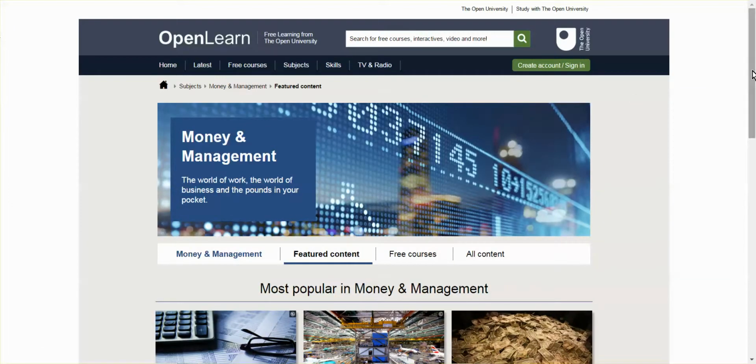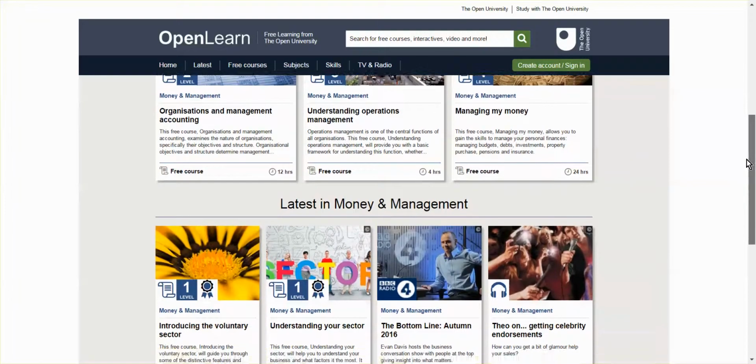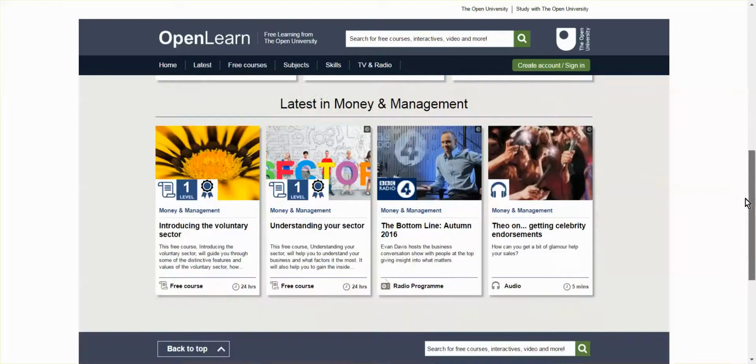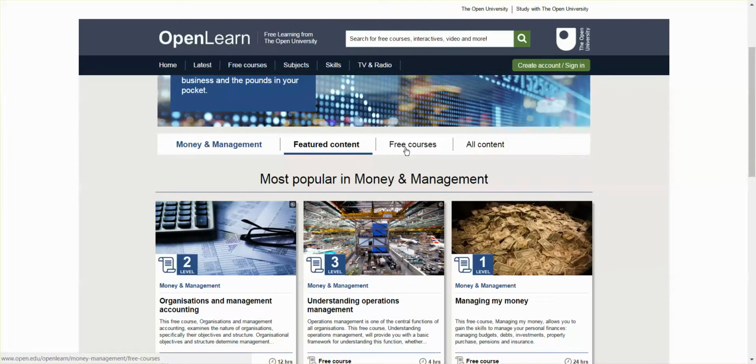And what it does is on each of these boxes it will talk you through featured content, so you can have a scroll down and see what the featured content is, latest items that are on the site. You could also then have a look under free courses, and you can have a look under all content. So if we have a look under all content,